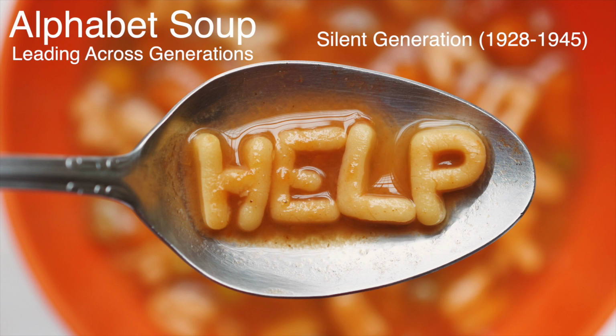So the common characteristics of this group are, number one, that they lived through the Great Depression and World War II. Number two, they value hard work, respect for authority, and adherence to rules. Society was a little more structured back then. And finally, they prefer formal, direct communication and hierarchical organizational structures.